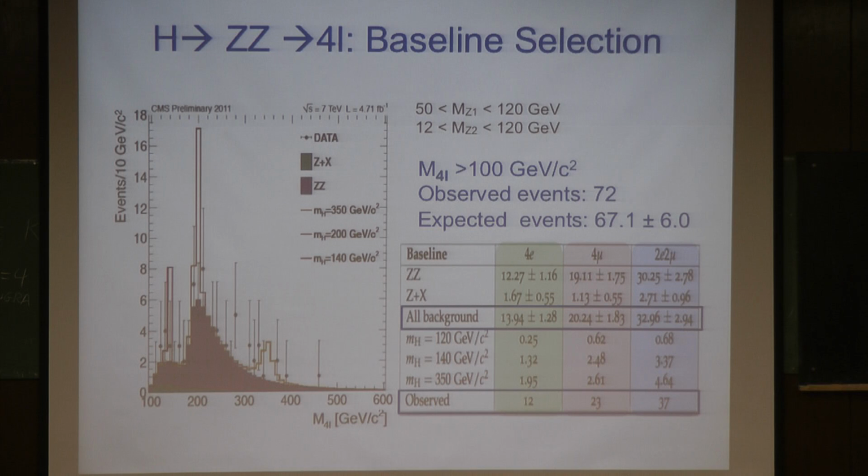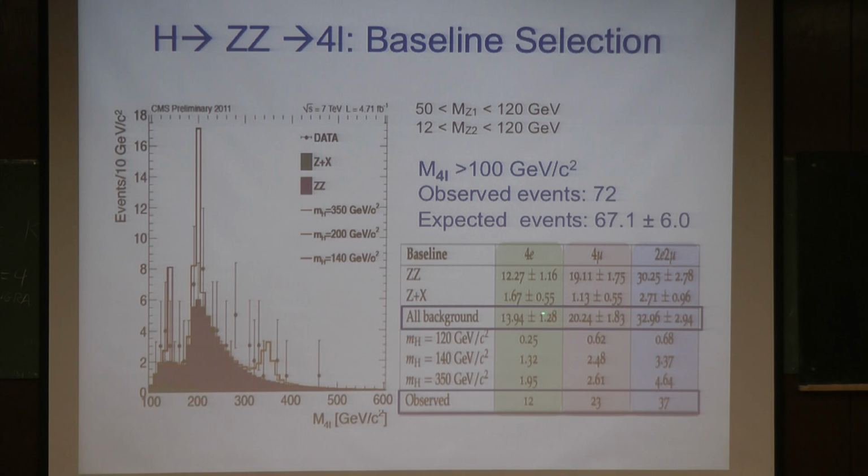still. This is why, when we were talking about the ZZ and how we build the detectors, we said that we did the physics TDRs with 100 inverse femtobarn and 1,000 inverse femtobarn in order to take advantage of these golden channels. At any rate, we break these into 4 electrons, 4 muons, and 2 electrons, 2 muons. And you see the background compared to the observations.